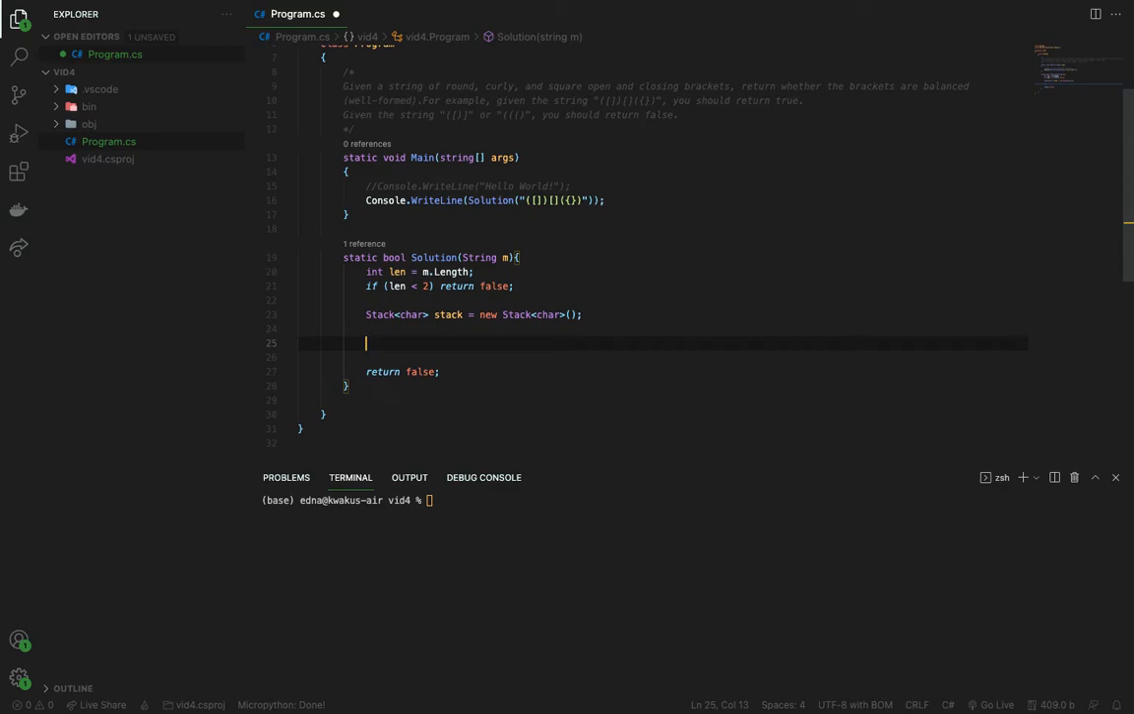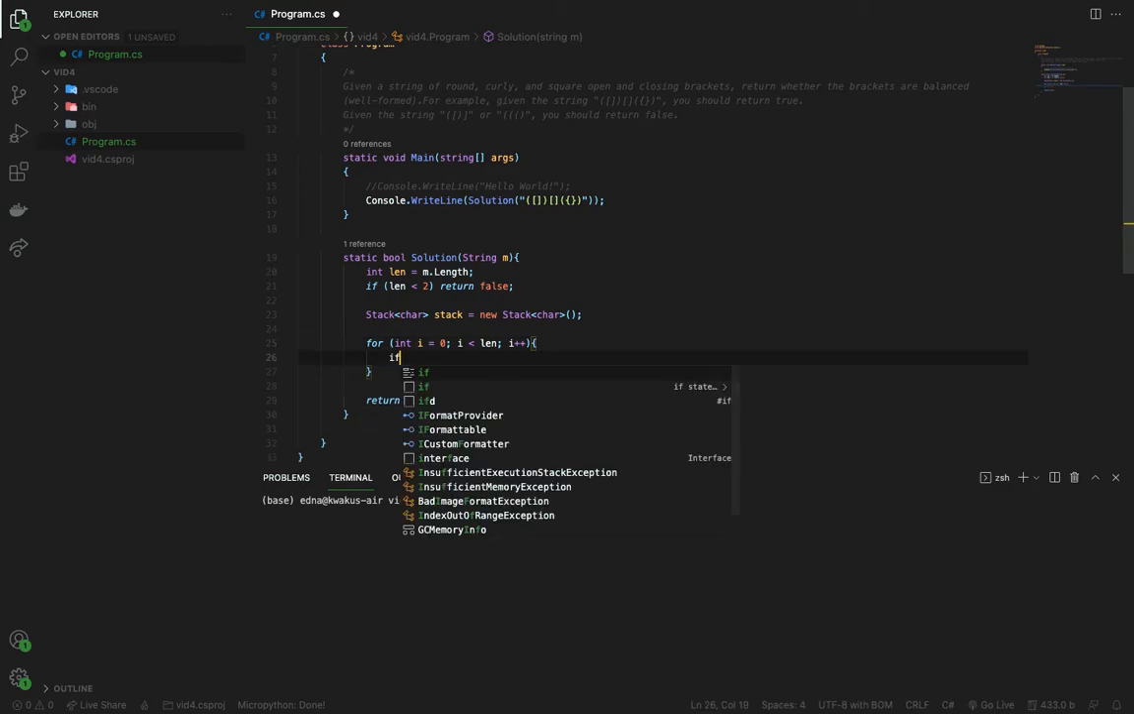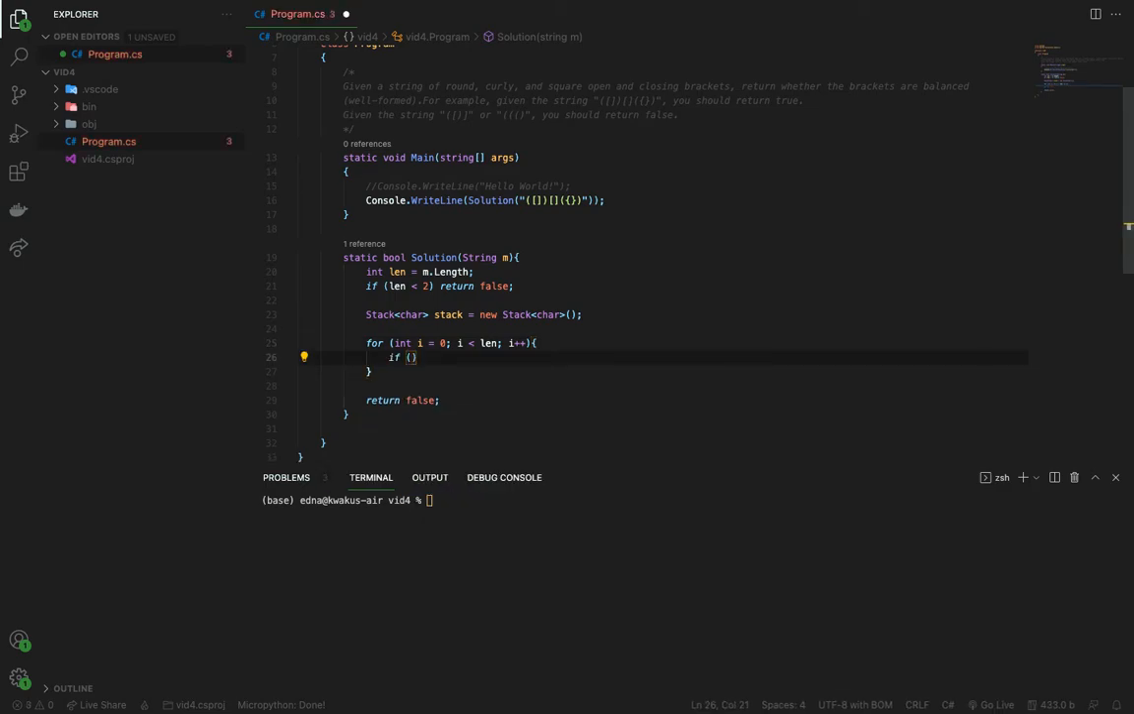We will now look through the characters in the string that was given to us. So we'll start from the first element and go up to the last element. And we will say that if